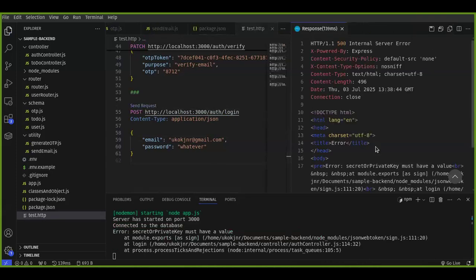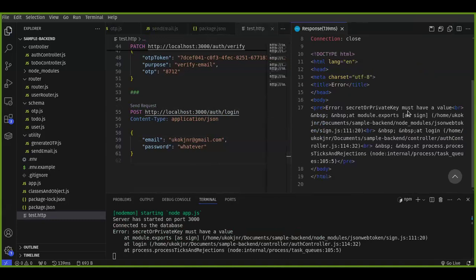Okay, so what does it say? Beautiful. "Secret or private key must have a value." Now, where is this from? This is the auth controller we wrote, auth controller line 114. They even point to where I'm supposed to fix it. You see, if I didn't read this error message, I'd just be wondering what is even happening, why is my code crashing, and you start panicking. But if you read and understand,